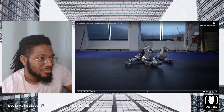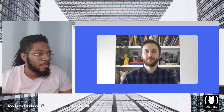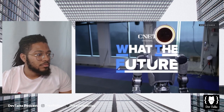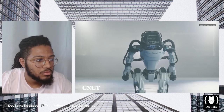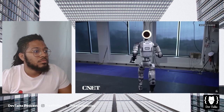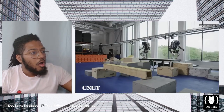There's a new humanoid robot in town, and it moves like a contortionist RoboCop. Today we're going to take a look at Boston Dynamics' next generation Atlas robot and see how it compares to Tesla's Optimus. Let's get into it. Boston Dynamics' new Atlas humanoid robot emerges just as the company retires its original Atlas, now called HD Atlas. The new Atlas is fully electric, a departure from the hydraulics that powered HD Atlas. Boston Dynamics has also introduced...